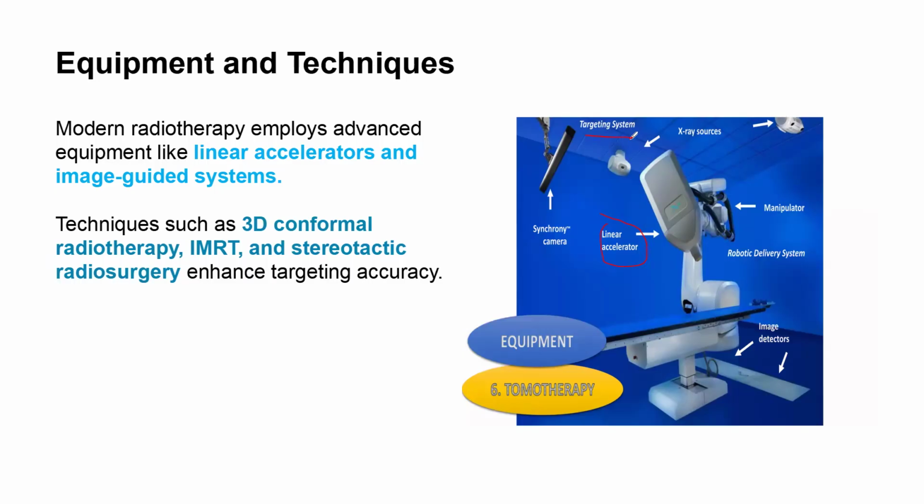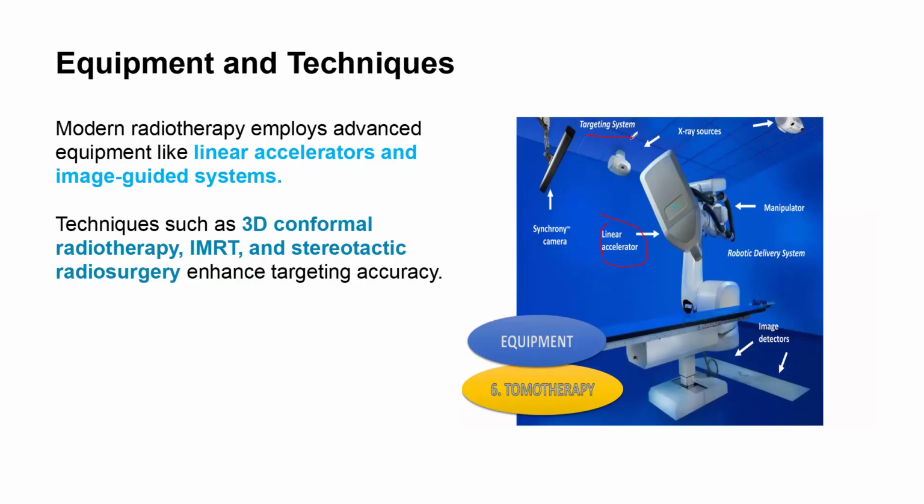You need an image-guided system to move around the body, to guide the healthcare practitioner on exactly where the tumor is. So that is why 3D conformal radiotherapy, IMRT, and stereotactic radiosurgery are very important in enhancing the targeting